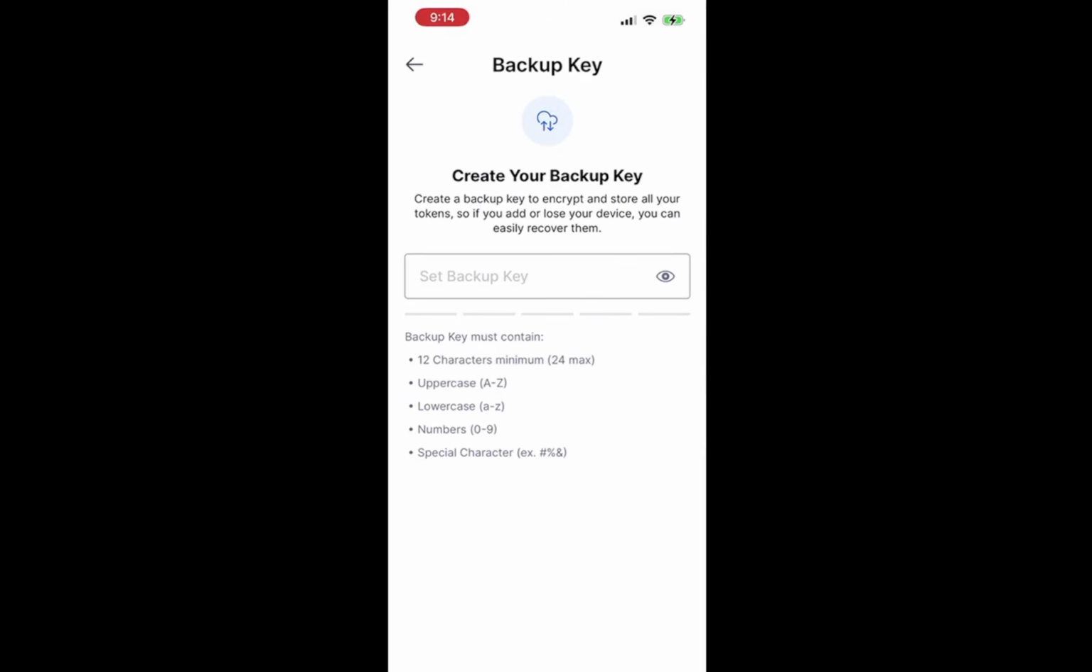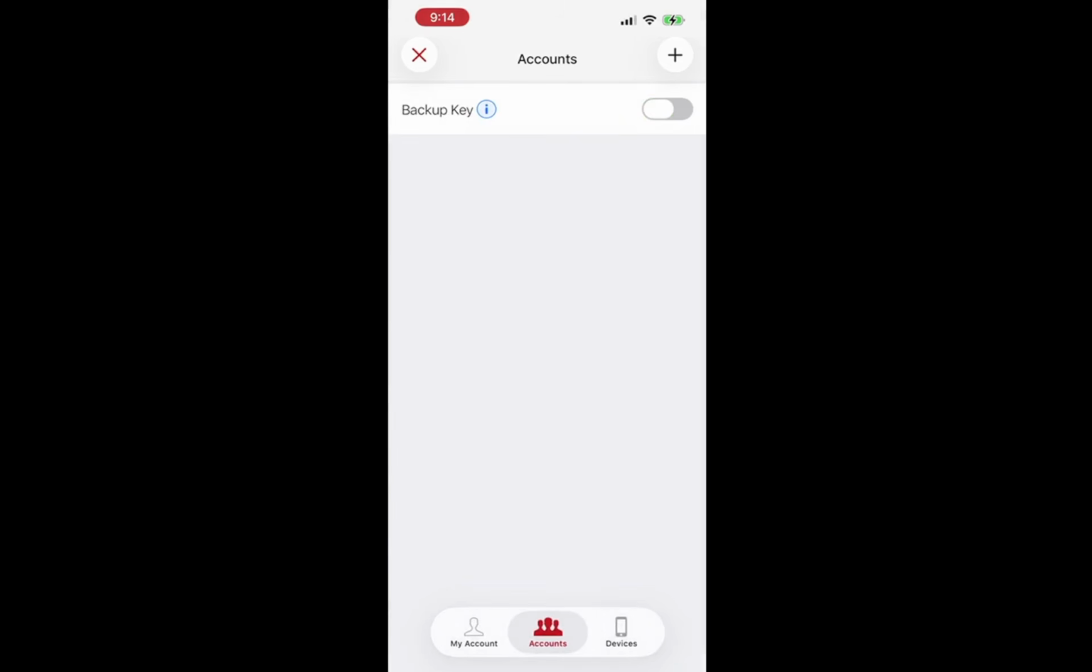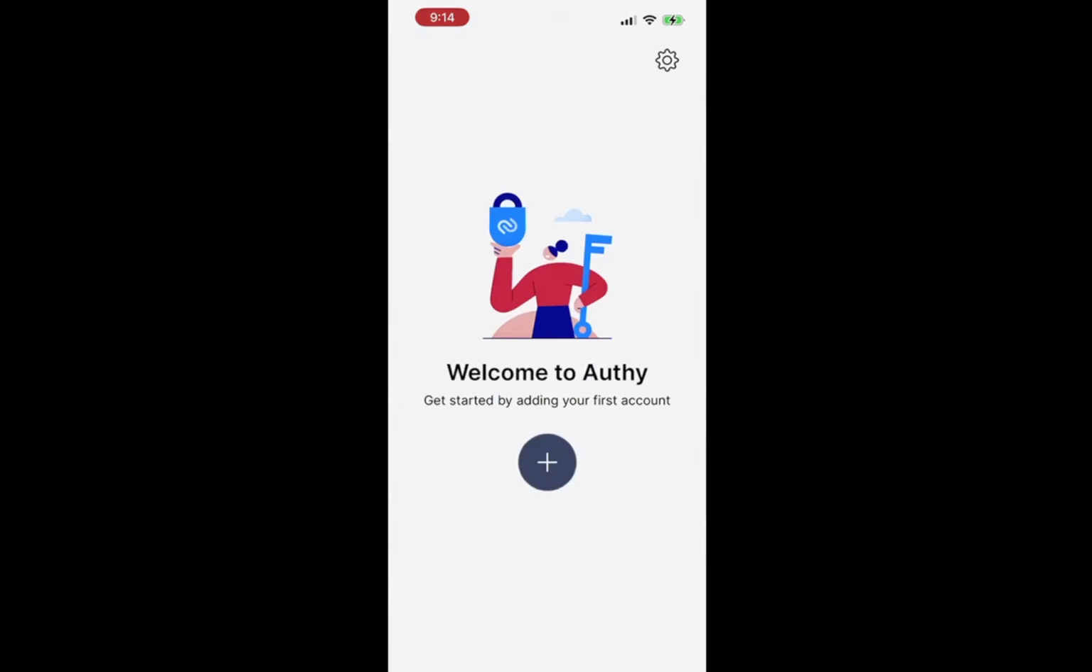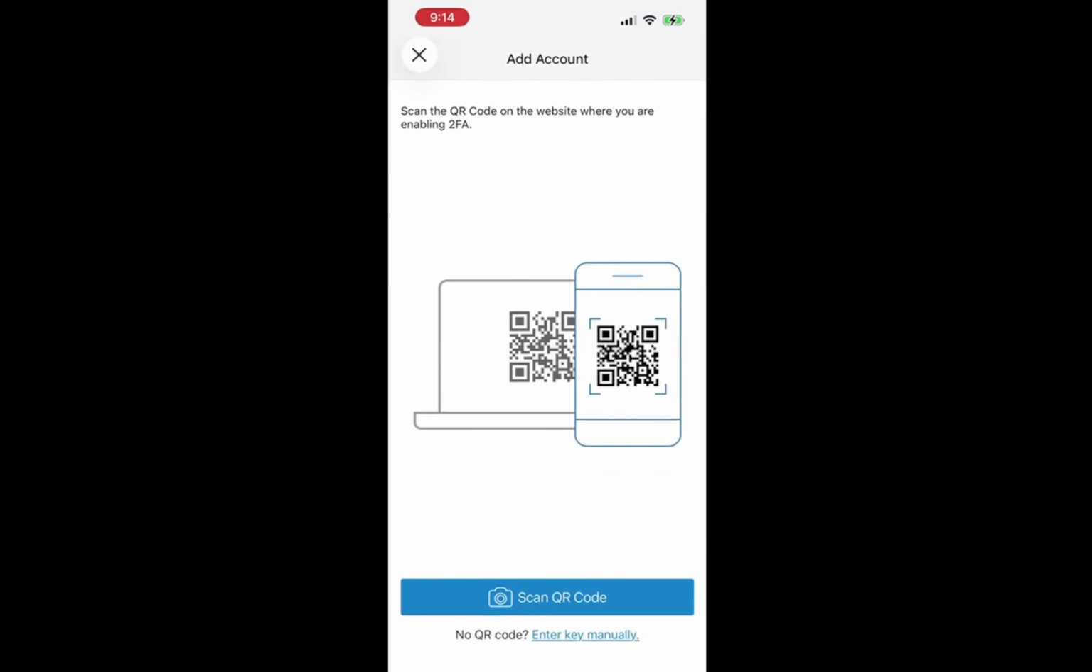Once your account is created, you are ready to add accounts by scanning QR codes. These codes are typically provided by websites that support two-factor authentication. This is a straightforward process. You will see an option in the app to add an account. Tap on it and your camera will activate, allowing you to scan the QR code displayed on your computer or another device. This step is significant because it links your Authy app to your various online accounts, enhancing their security